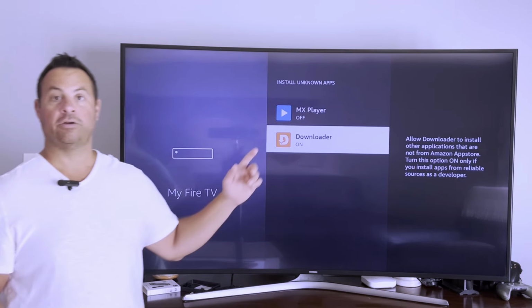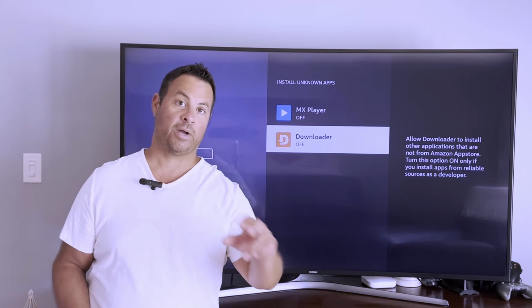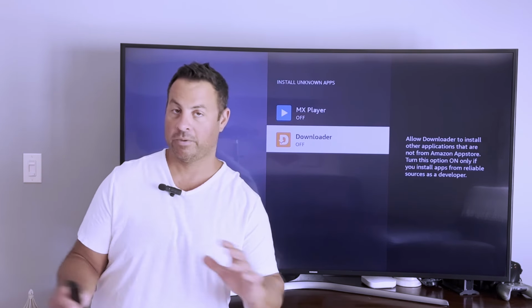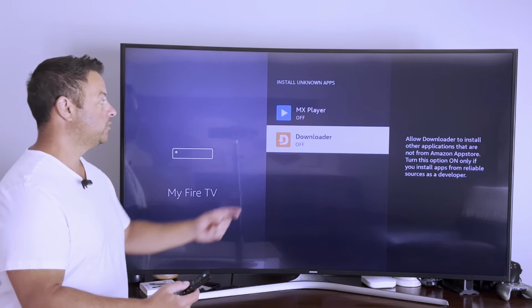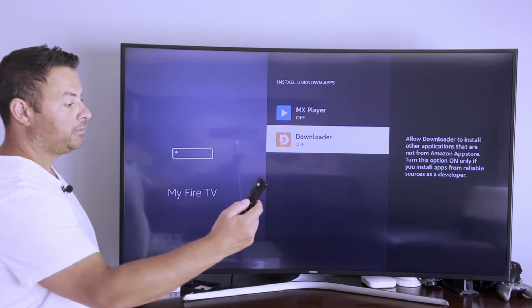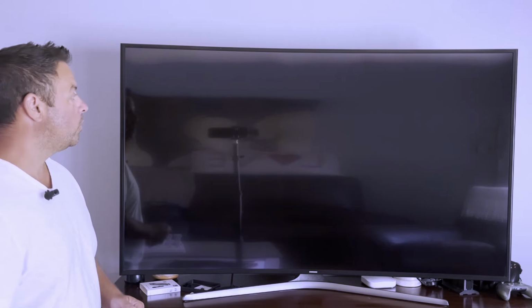So I'm going to turn it off so I can show you a second way we can turn this on without even really needing to look for it in here. So it is now currently off. So let's head to the home screen